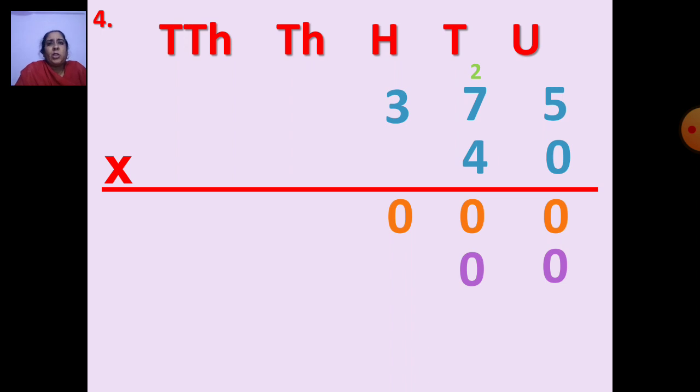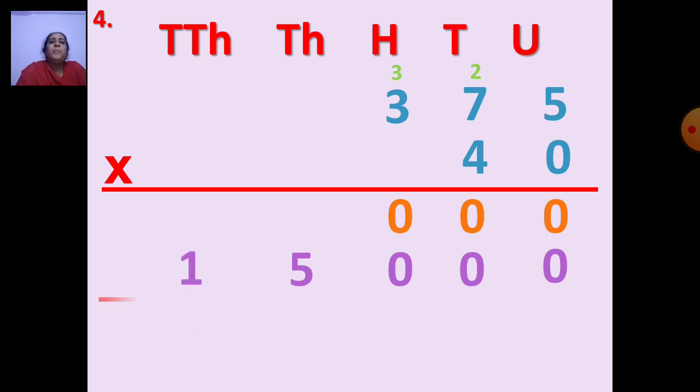Now 4 7s. You have to say table of 7s is how much? 28. 28 plus 2 is 30. Right? So 0 will come down, and 3 will go in the hundreds place. Okay, now you will multiply 4 threes. So you have to say table of 4. 4 threes is how much? 12. And 12 plus 3 is how much? 15. So you will write 1 and 5. 15.